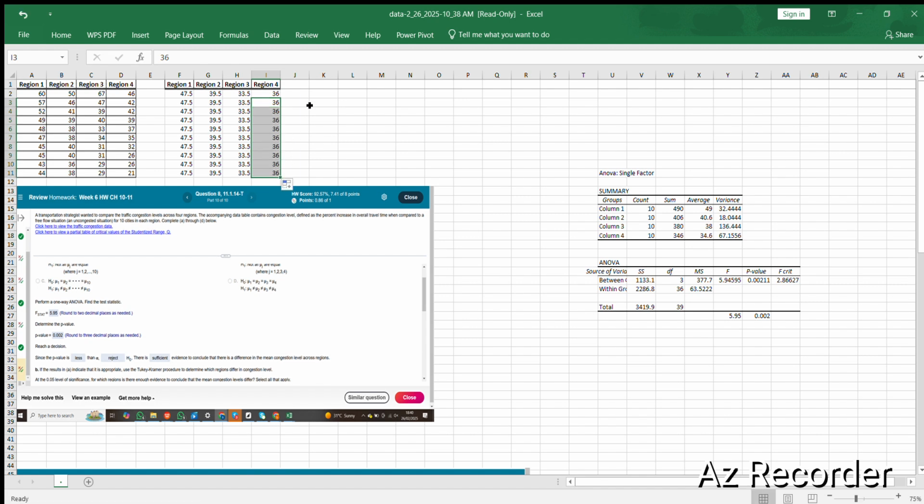Good. After that, for regions 1, 2, 3, and 4, we will come and check region 1. You just copy, then you paste. Region 2, you just copy, then here you just paste. Then from there, just drag, because Excel will just